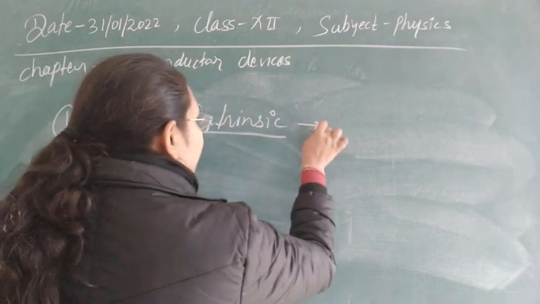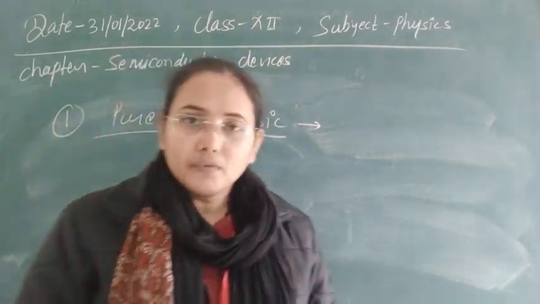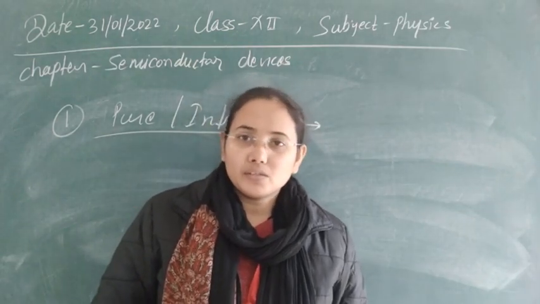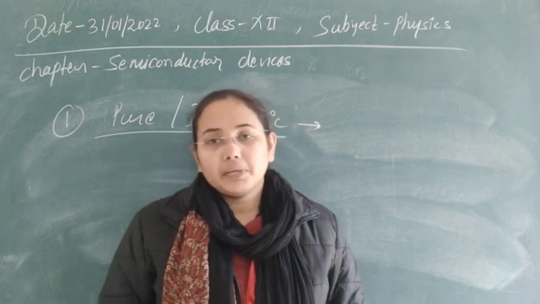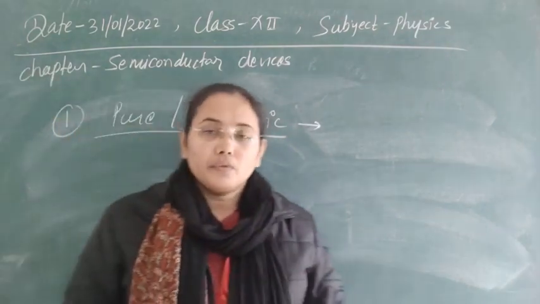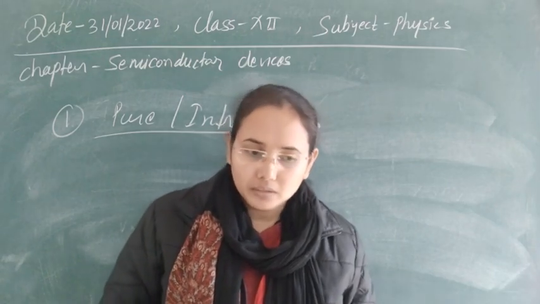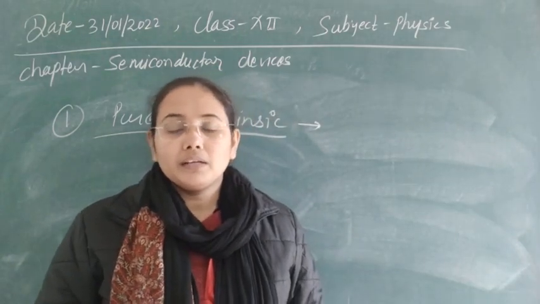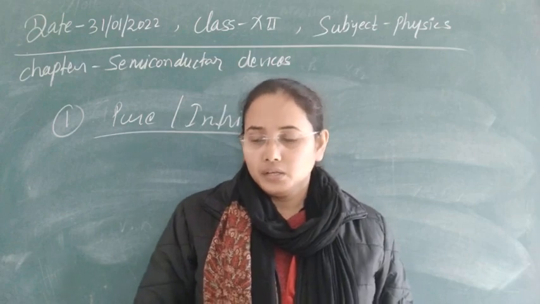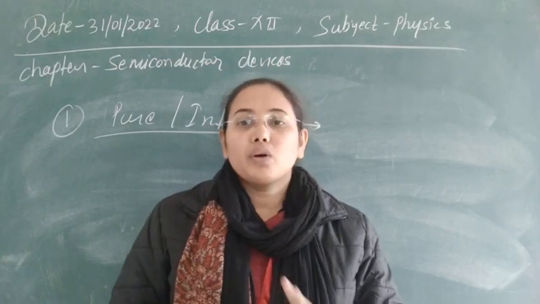Pure or intrinsic semiconductors are basically fourth group elements, but not all fourth group elements are like this. Carbon, for example, makes covalent bonds and is not an example of this. Germanium and silicon are examples of pure semiconductors, because they have 4 electrons in the last orbit. As the size of germanium and silicon increases, the electrons can be loosened from there. They can accept 4 electrons, but it is not easy to lose those 4 electrons. So they have the behavior of a semiconductor. It means conduction is not easy but not as tough either.